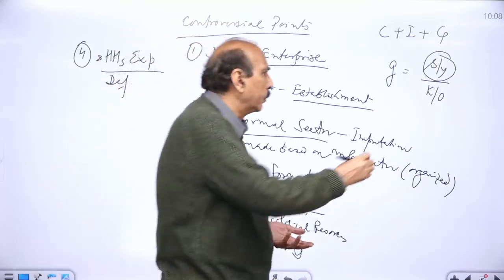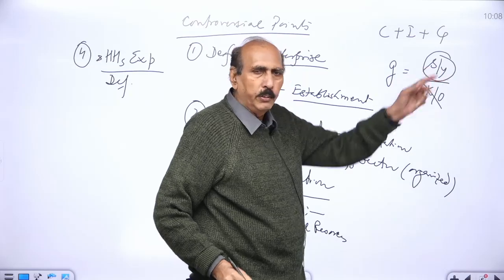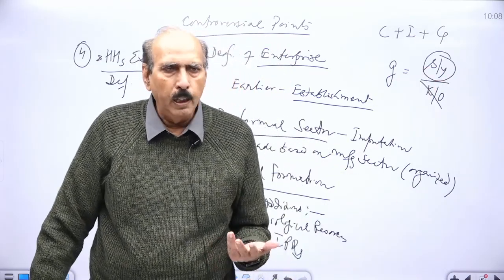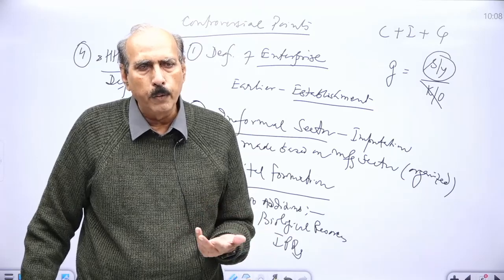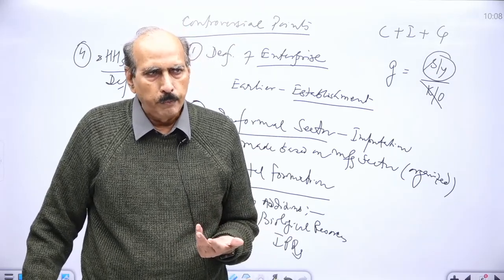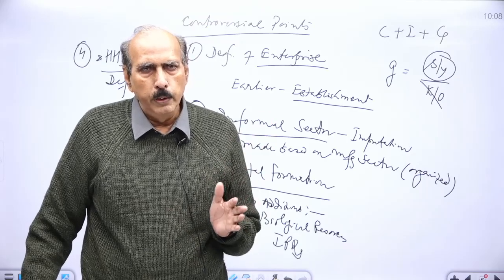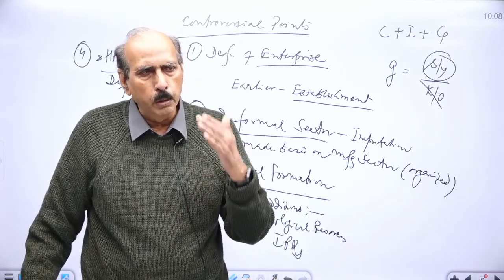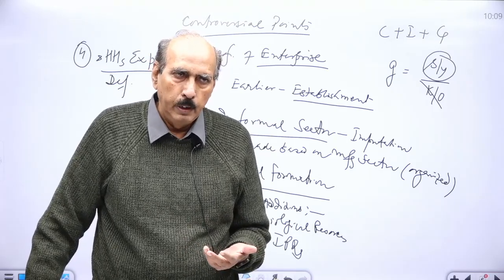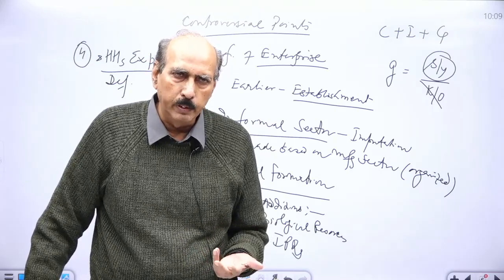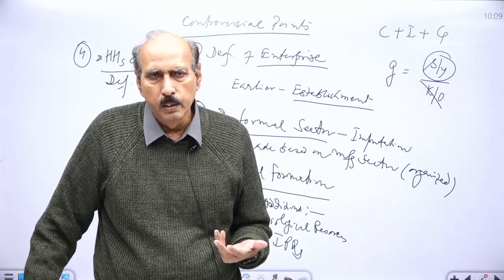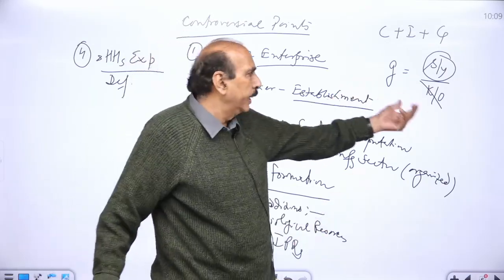आप नीचे वाले को अभी भूल जाओ थोड़ा सा. You take this S upon Y. S is a saving. पहले आपका ज्वेलरी पे खर्चा था, वो कंजम्पशन एक्सपेंडिचर था. That was not considered to be saving. You have consumed. Now, whatever you are spending on accumulation of jewelry is counted as your savings. And savings are equal to investment in equilibrium. And therefore, larger the saving, larger will be G given the K upon O.